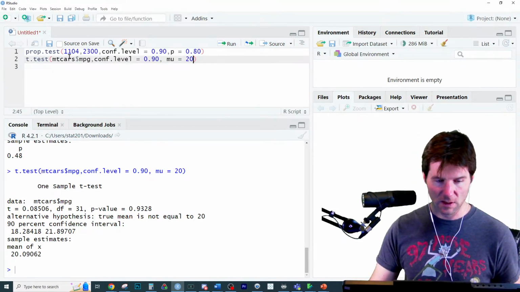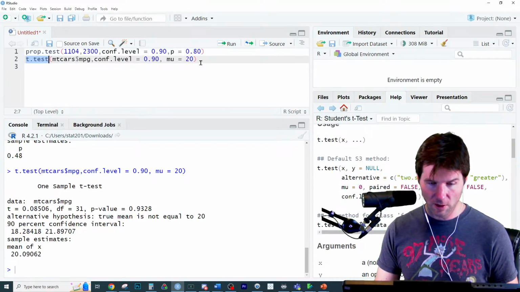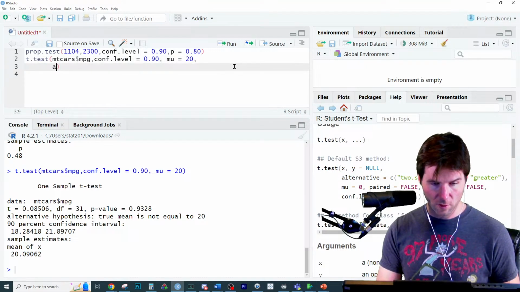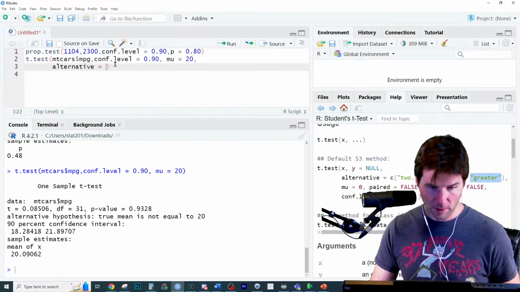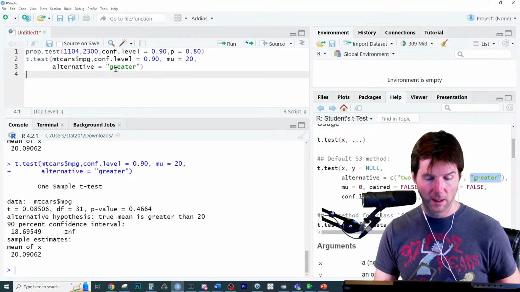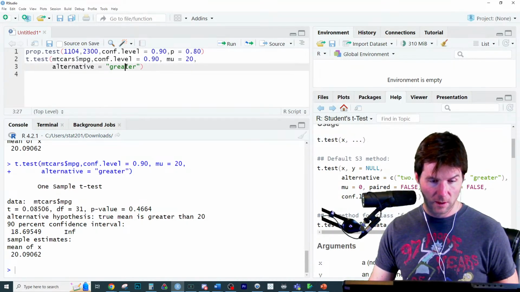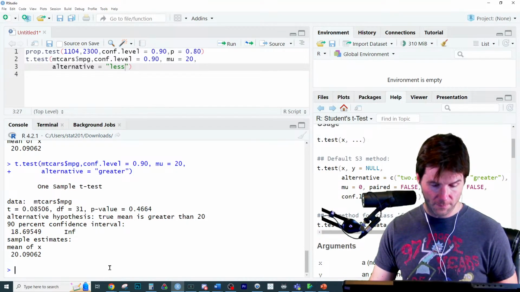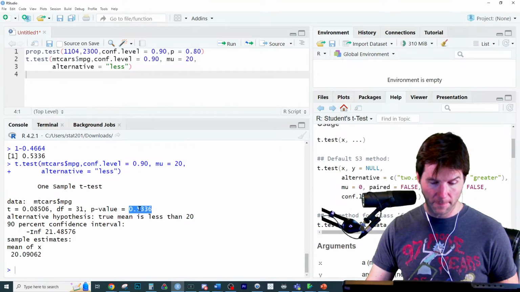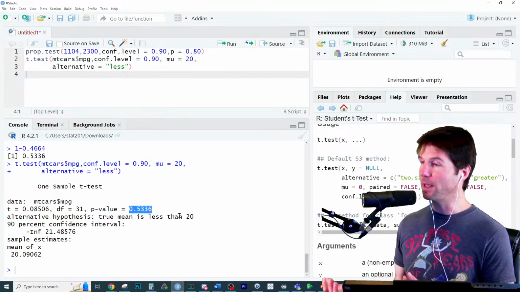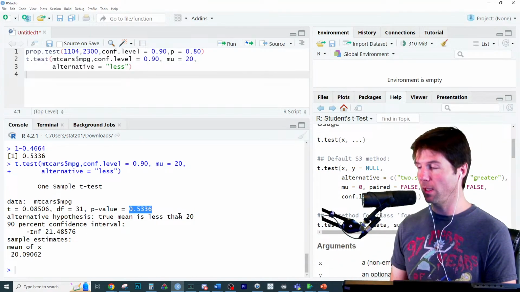What is it? Let's go look at what it says for the notation on this. It is alternative. So we can go here to alternative, and we can just add in greater. Now we can run the alternative the other way and get the other p-value. I also know if I do less, the alternative is going to give that p-value, and there it is right there. The reason is that the greater-than and less-than p-values add up to 1, so I understand where these numbers are coming from and how they're being calculated.